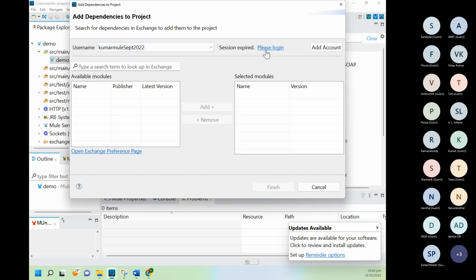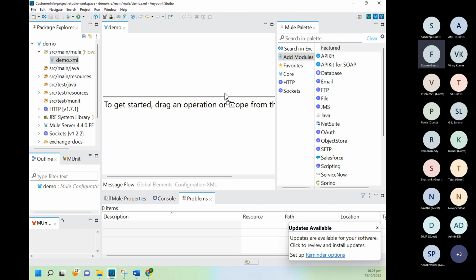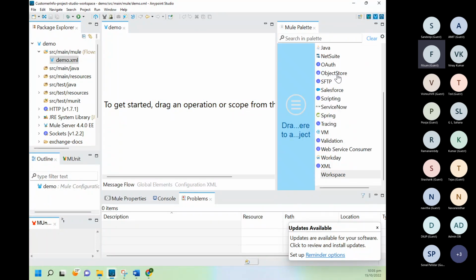Okay. Yeah, Fitson, go ahead. So many of these connectors, when you click Add Modules, the ones we see are the ones that are mostly used in the industry. Yes, correct. Okay. So wherever you go, whenever you have an integration with Mulesoft, in 80% of projects you will see Salesforce,